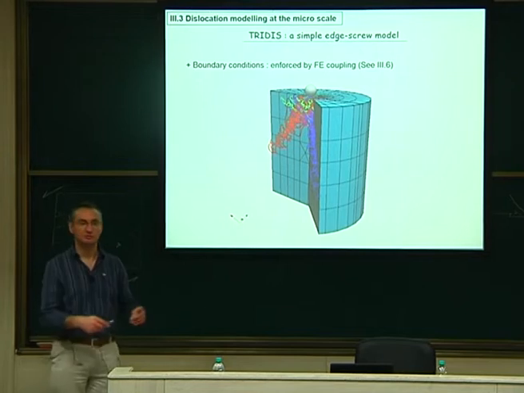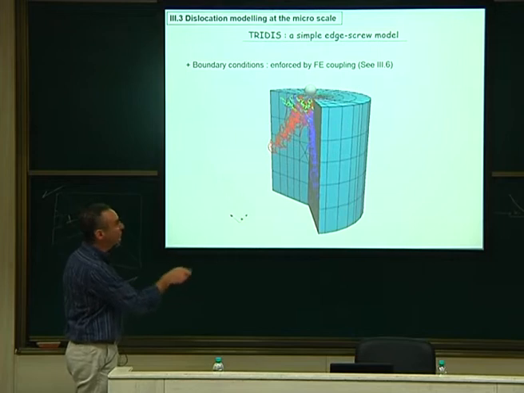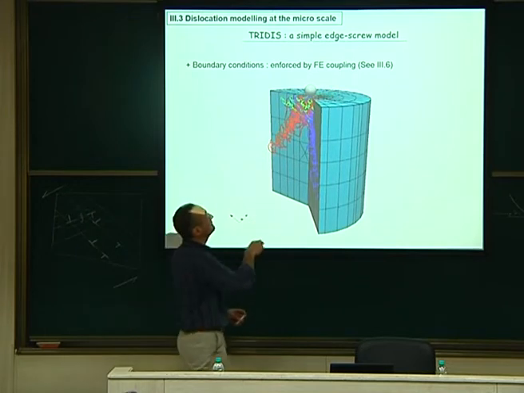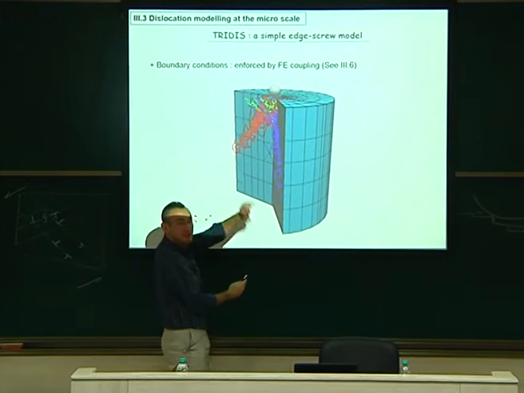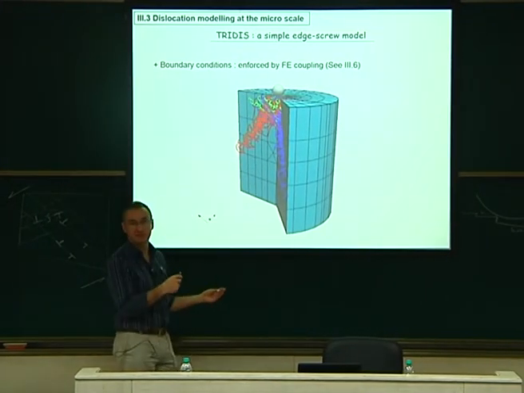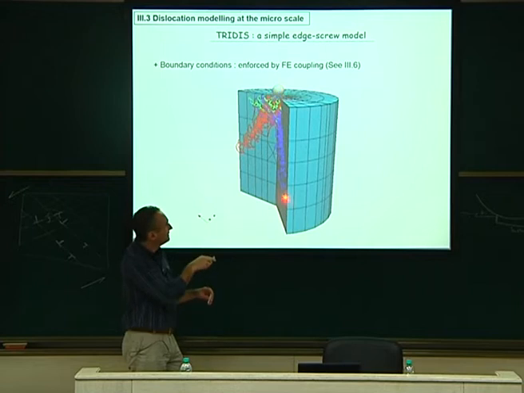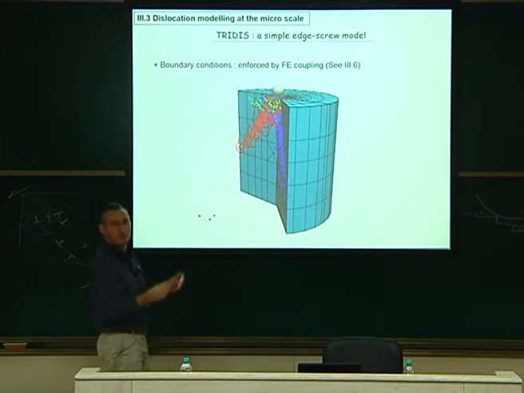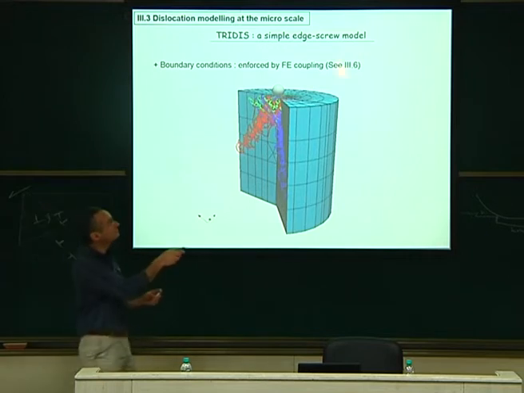Finally, but this I will show tomorrow. If you want to have a nice simulation, for example for nano-indentation, you need boundary conditions enforced, for example by finite elements. Here I have a finite element mesh, and I superimpose that. Here I have removed a part of it. So inside the element, I have my DD. DD and FEM are merged together, just to compute the real external stress, for example due to the contact here. When you press your sphere here you have a small stress, here you have a big stress. So this should be in the DD code. Tomorrow I will detail how we can do that in the chapter on boundary conditions. Okay? So in 3.6.